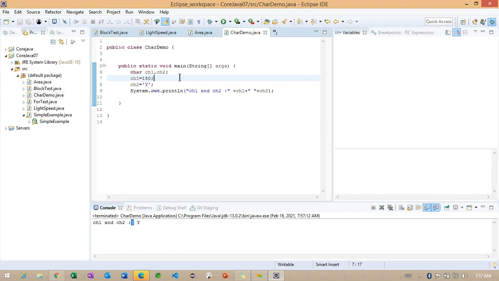Any questions regarding the data types and the loops and the control statements we used here?